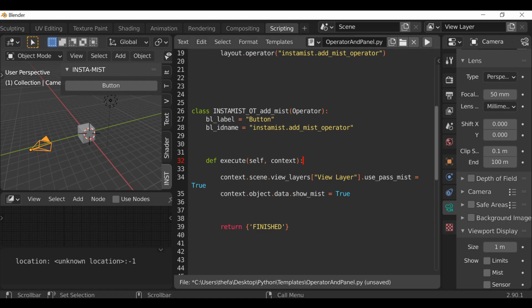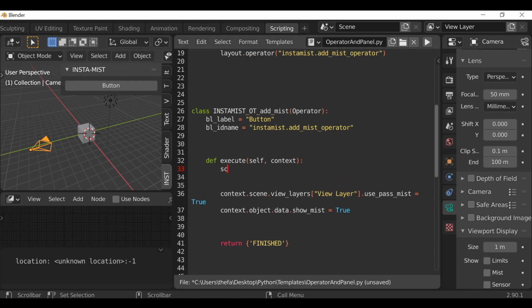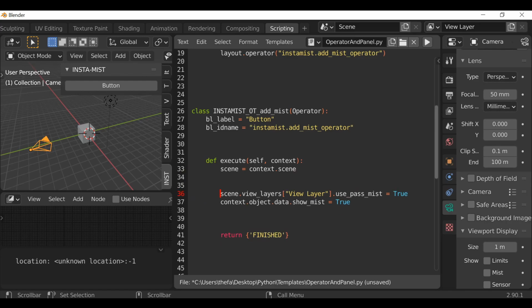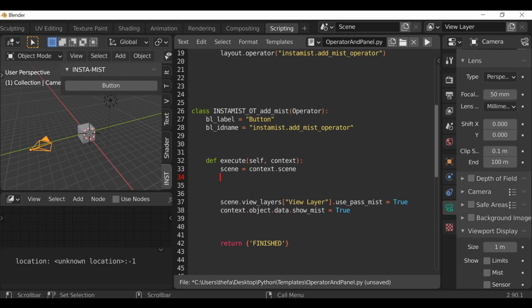Let's create a couple of references. First I'm going to type scene equals context.scene. Now this down here, we can get rid of context.scene. We can just use the reference scene. Now back up here, I'm going to make a reference to the camera. I'm going to call this camera equals